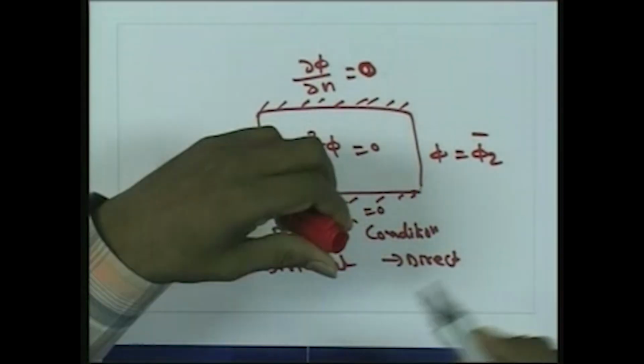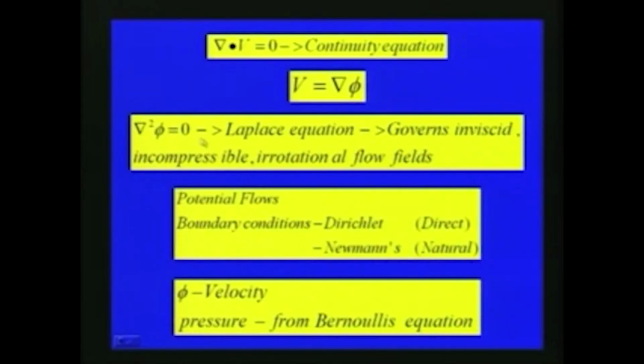So two types of boundary condition can be defined for this kind of problem. One is the Dirichlet boundary condition and then the Neumann boundary condition, and sometimes also a mixed form boundary condition can be used. Now the velocity is obtained from this expression from the potential, which is defined from the Laplace equation, and then the pressure of flow can be obtained from Bernoulli's equation, which we will be discussing later. So for the potential flow, the velocity is obtained from the Laplace equation, and the pressure is obtained